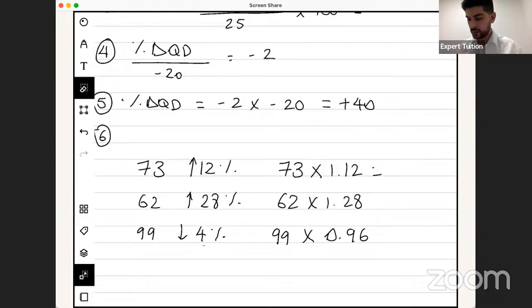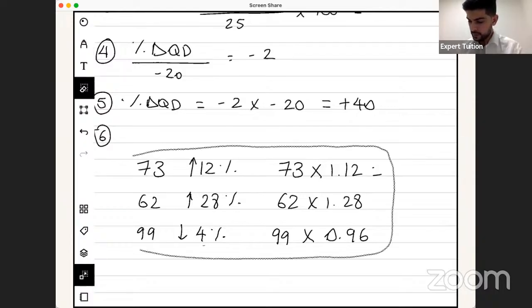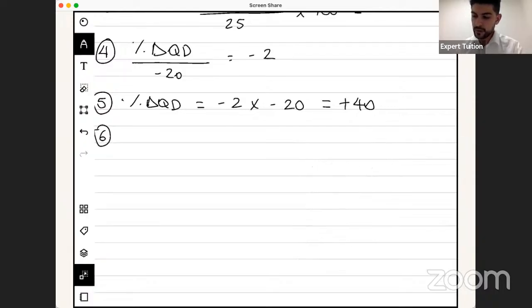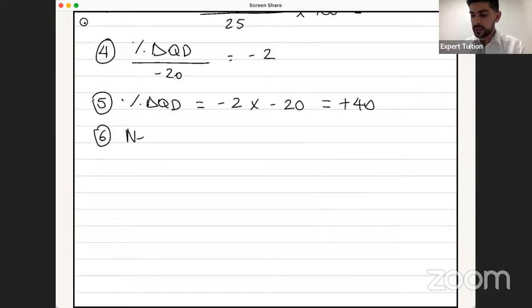If you now know how to do increases in percentages and decreases in percentages, this step hopefully becomes pretty straightforward. So let's get rid of all of this, and we go, okay. The new quantity demanded, new QD, is equal to the initial number of customers the firm had, which was 2 million customers. So let's do 2 million multiplied by